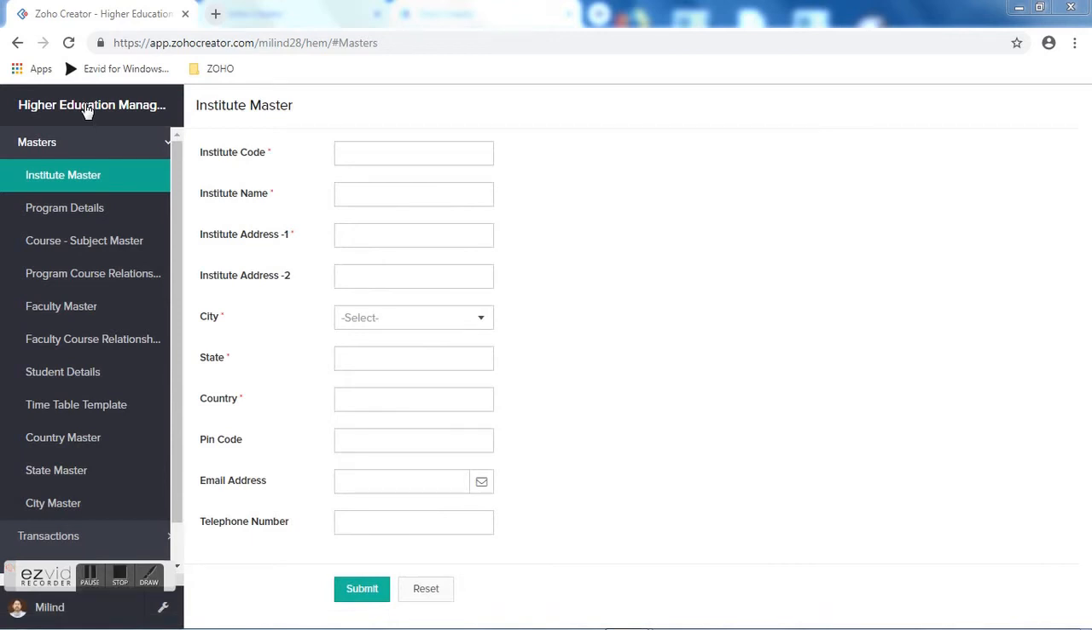I am going to talk about this higher education management application which is developed using Zoho Creator. This application will help you in managing an institute of higher learning of a medium size, up to maybe 500 to 1000 students, and this application takes care of student admissions till the time student attendance can also be marked using this application. Now I'll just take you briefly through the various modules and options that you have and features